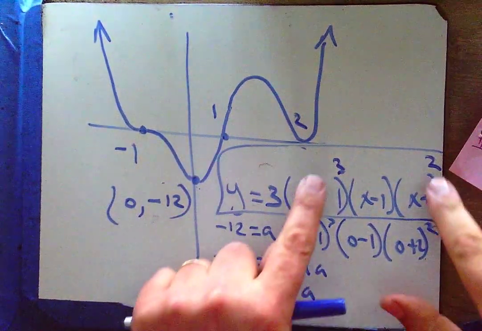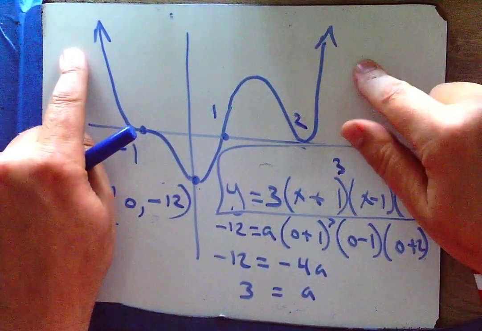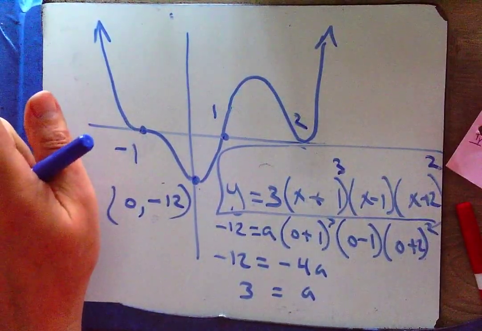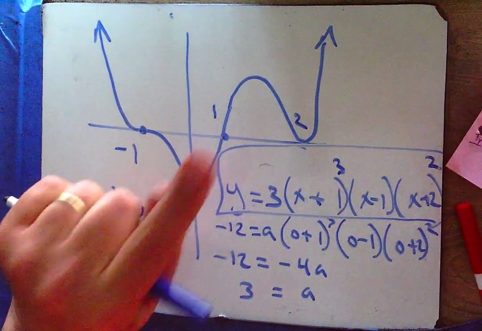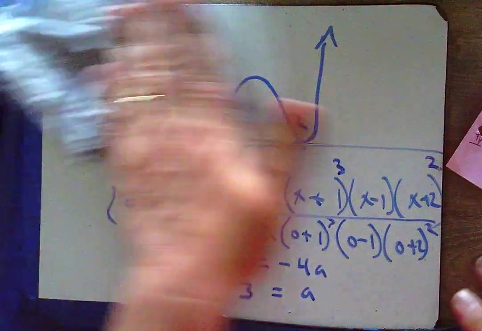Okay? Gotta have those multiplicities, and you gotta be thinking about even or odd. Both ends go up, even. One goes up, one goes down, odd. Okay? Excellent. All right, one last one